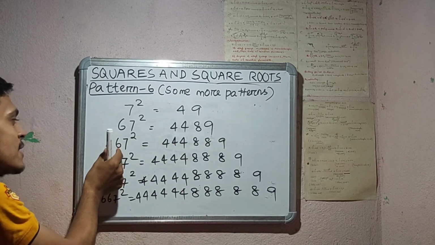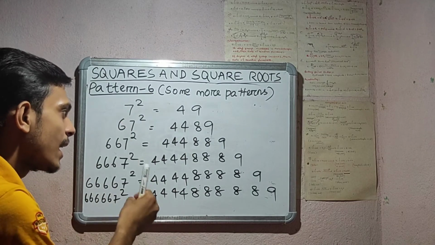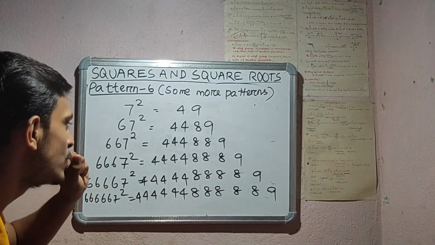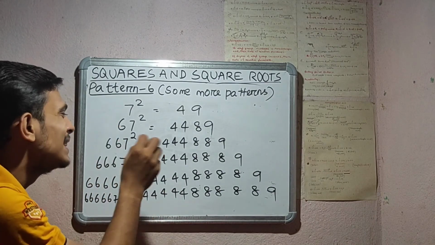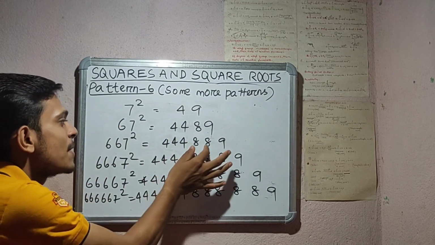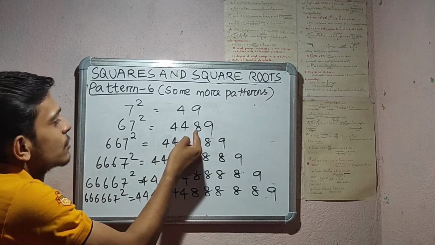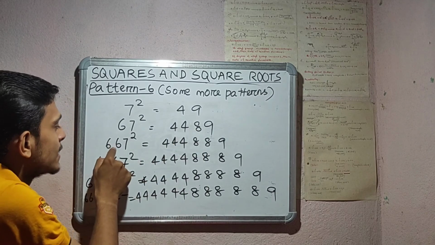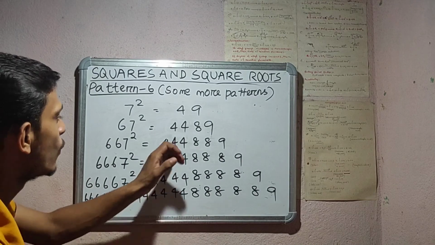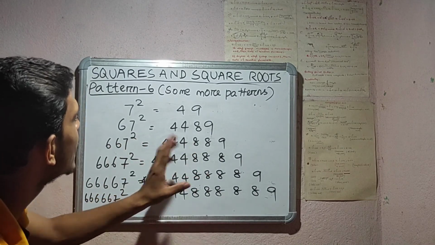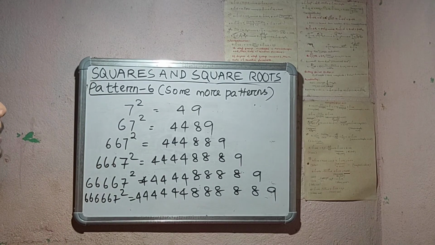8 is the same as the number of 6. Just remember this pattern, that 4 and 8 come in this way: the number of 6 is the same as the number of 8. Here, see, the number of 6 is 1, also the number of 8 is 1. Here the number of 6 is 2, the number of 8 is 2, but the number of 4 is 3. That is, the number of 4 is 1 more than the number of 6, and the number of 8 is the same as the number of 6. In this way, you can remember it. Okay.